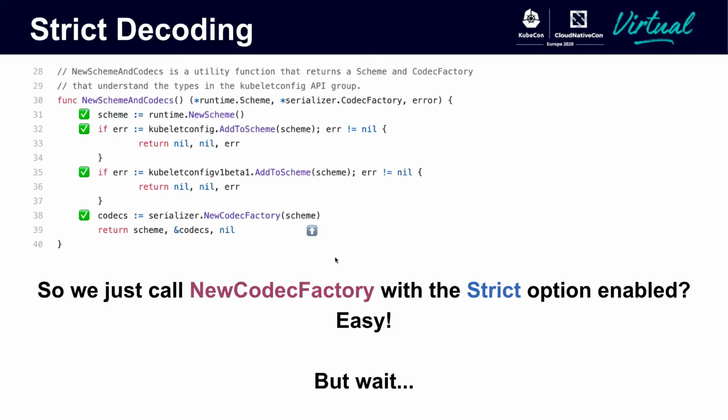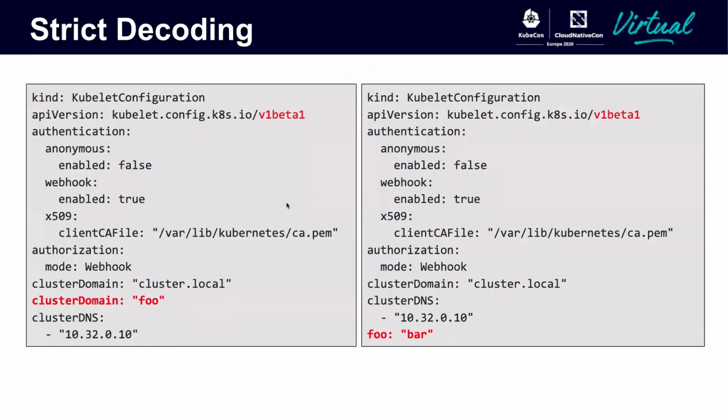All right, so the idea is just pass the strict option here, behind the scheme, and it should be fine, right? Well, technically yes, that's how it works. But there's one more thing we forgot, and I forgot this at first as well. So I implemented this, the PR got merged, but then we got some ideas that we actually might break some older clusters. How does it work? What happens?